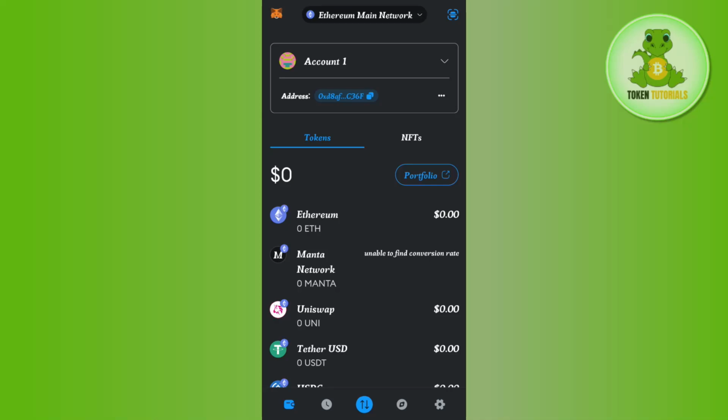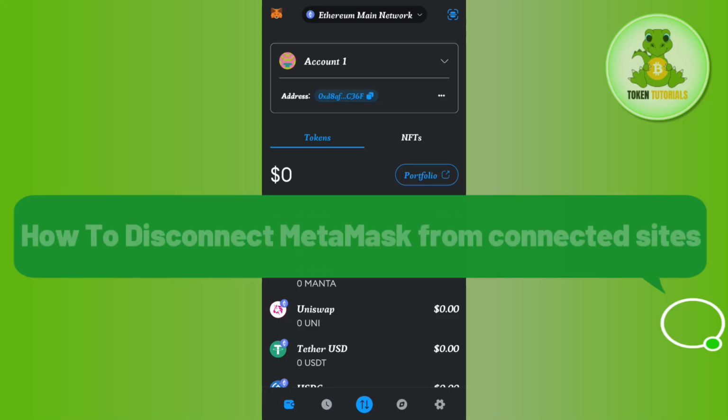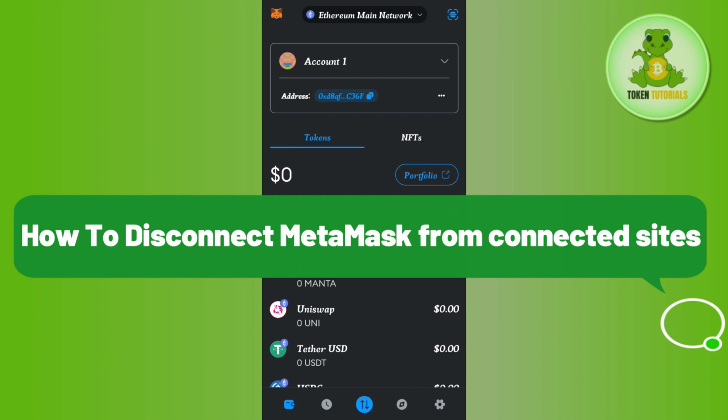Hello everyone, welcome back. In this video, I will show you how to disconnect MetaMask from connected sites on mobile